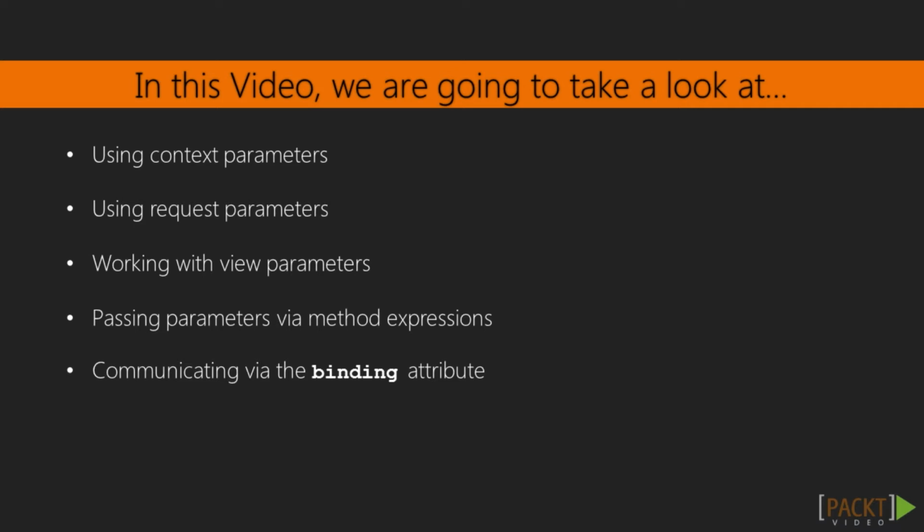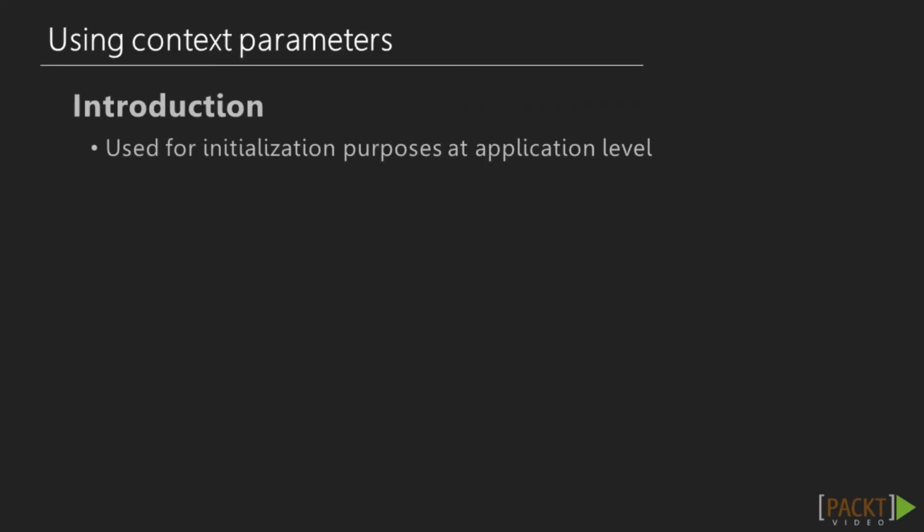In addition, we will have a quick look over passing parameters via method expressions and some hints about the binding attribute. The context parameters, also known as initialization parameters, are typically used for initialization purposes at application level. They are declared in the web.xml file using the context-param tag. This tag supports two important children: param-name, which indicates the parameter name, and param-value, which indicates the parameter